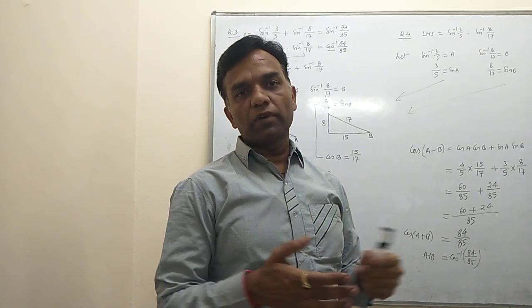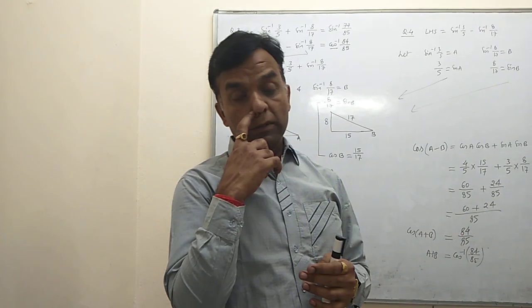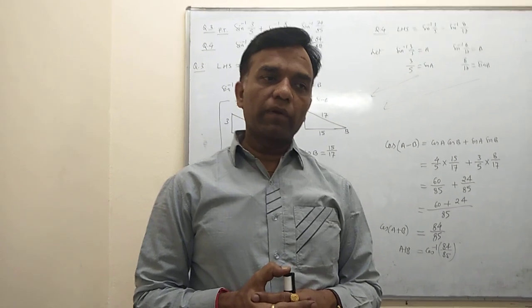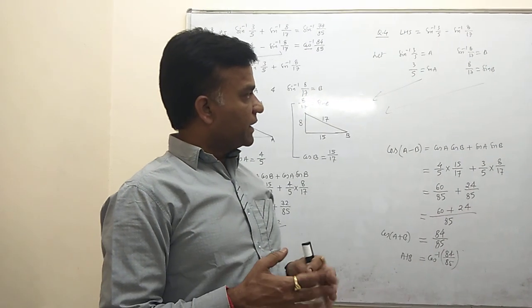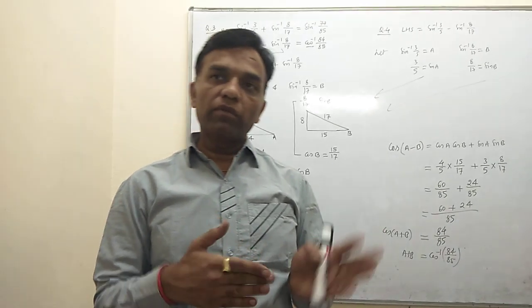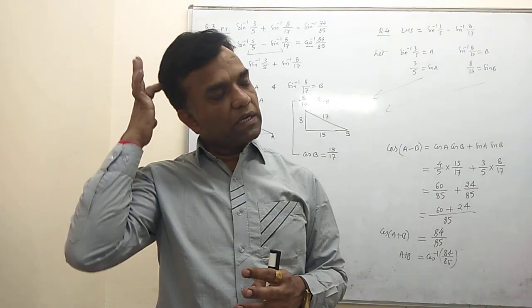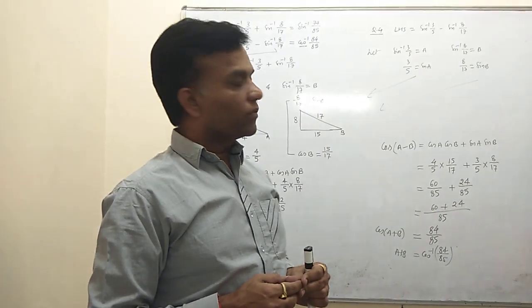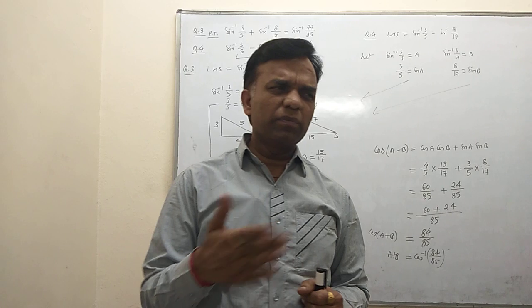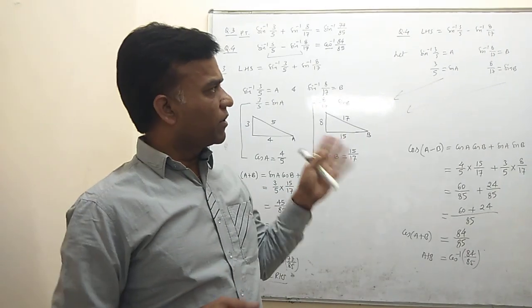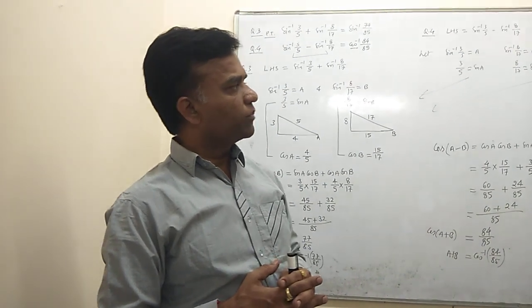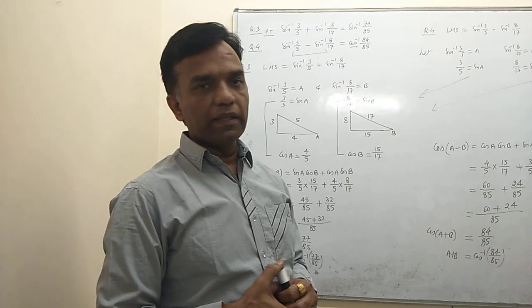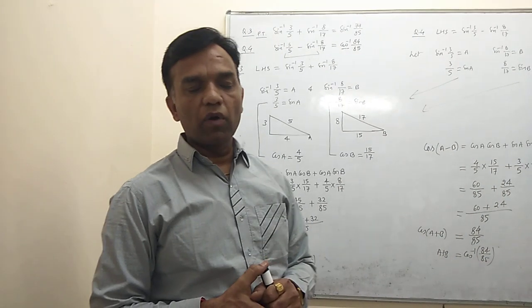Like in 11th class, you know sin of a plus b, sin of a minus b, cos of a plus b, cos of a minus b, tan of a plus b, tan of a minus b. You know all these formulas very well, because you practiced them in 11th class. So basically all inverse trigonometrical formulas you convert into the 11th class basics. You use the concept from 11th, and then the application may be converted into the form of inverse trigonometry only. Then all formulas are easy, because we draw one more identity and then prove all the questions. All the questions are very easy, because we use the concept of the triangle and then put it in the given formula, and then we get the results.